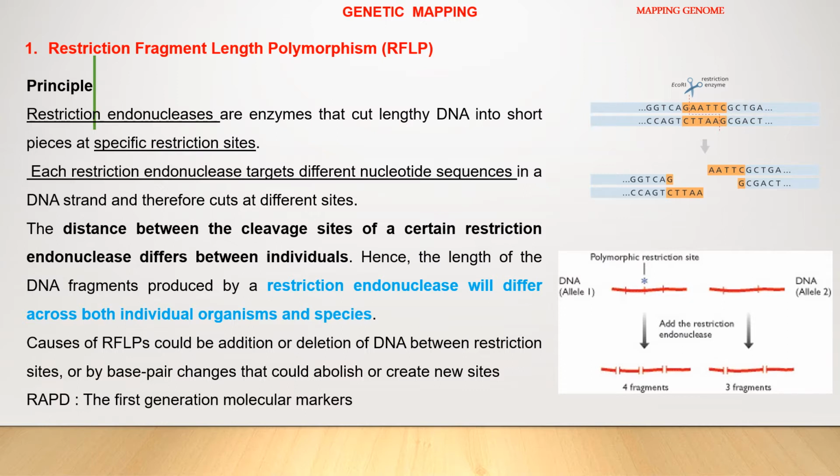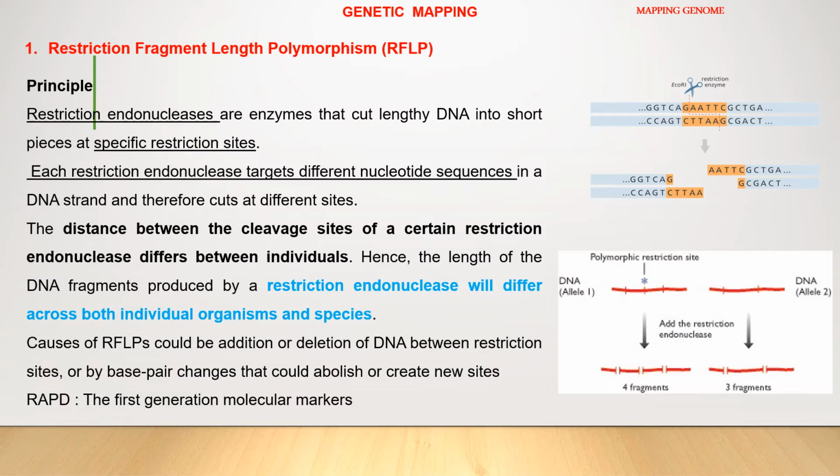The length of cleavage size in certain restriction endonucleases vary among individuals. This is mostly due to point mutations. Hence, the DNA fragment length varies when such genome sequences are cleaved by restriction enzymes and the gel profile is